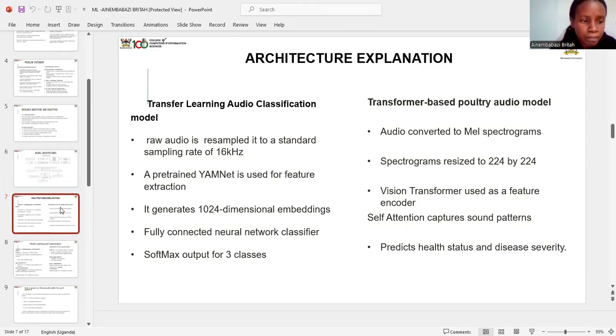It also uses the same approach in the beginning, but the audio recordings are first converted into Mel spectrograms, which visually represent how sound frequencies change over time. These spectrograms are then resized into 224 by 224 pixels, allowing them to be treated as image-like inputs for the model to learn from. Then a vision transformer is used as a feature encoder,